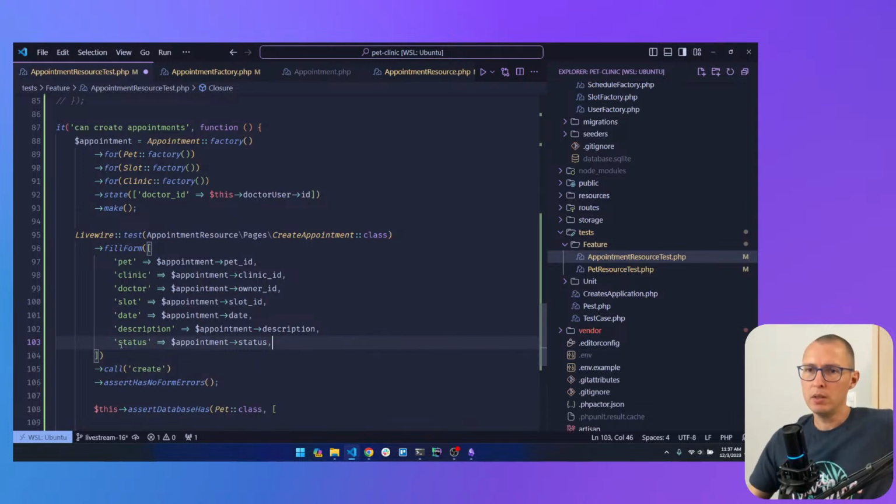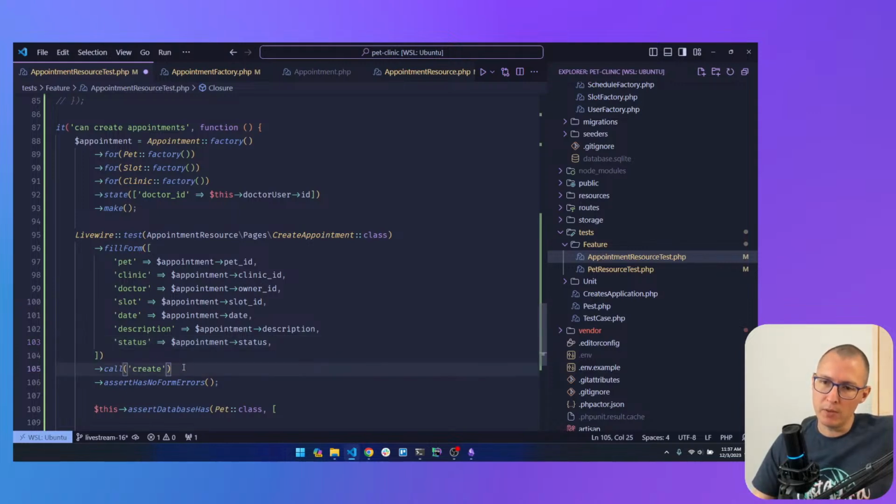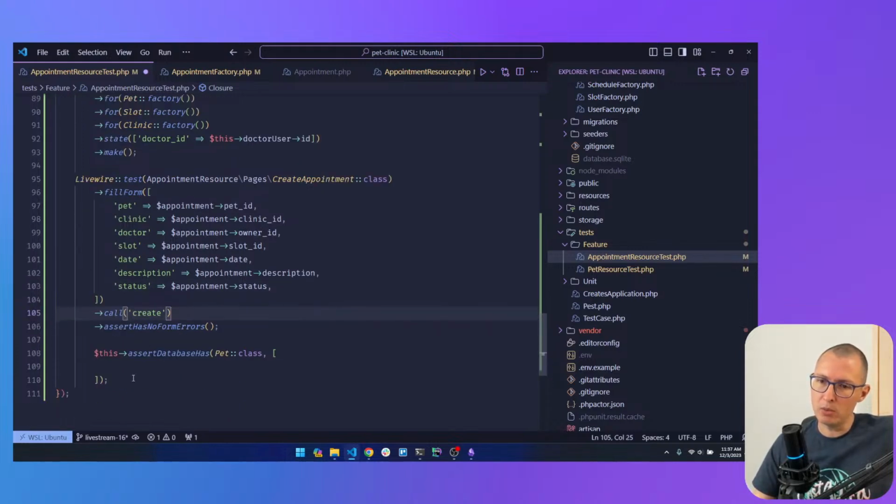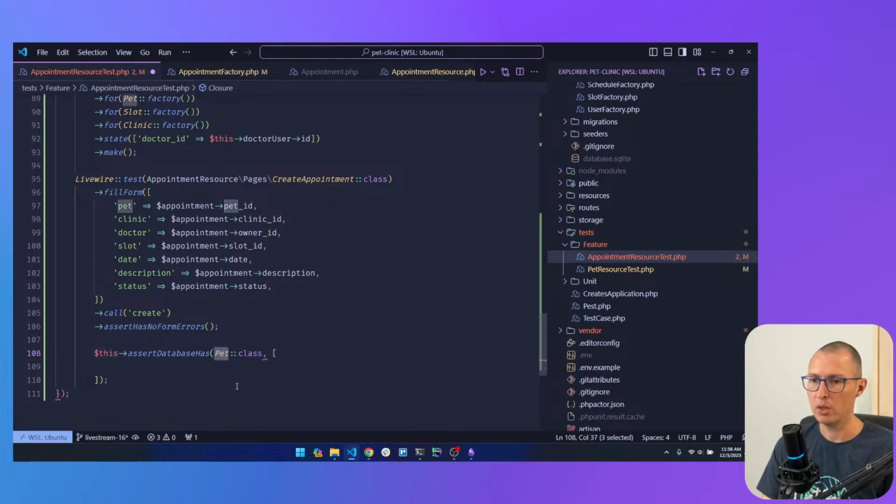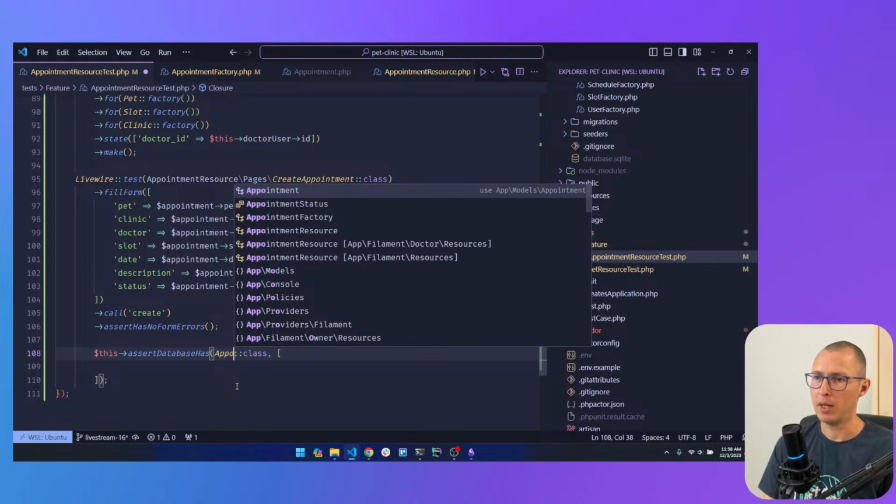Okay, so we create a new appointment in memory. Fill the form in the create appointment page with the pet, the clinic, the doctor, the slot, the date, the description, and the status all coming from the factory. We call the create event and assert that the form has no errors, and then we just need to assert that the database has on the appointment class,